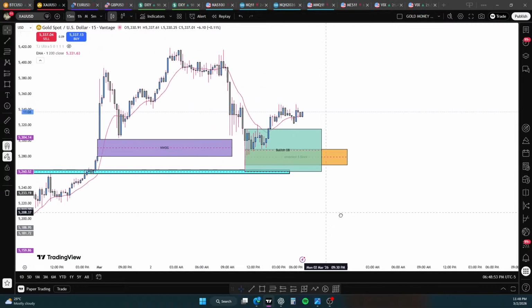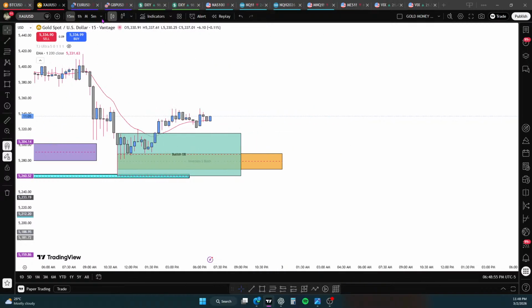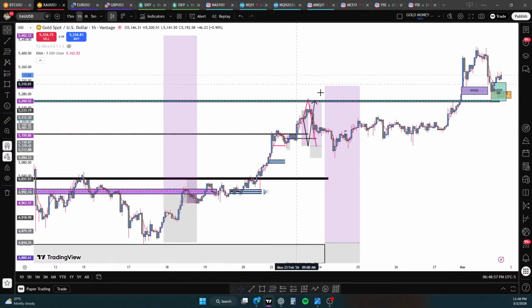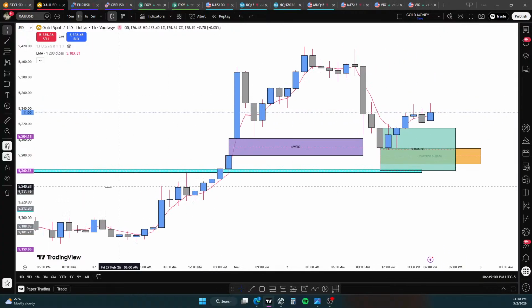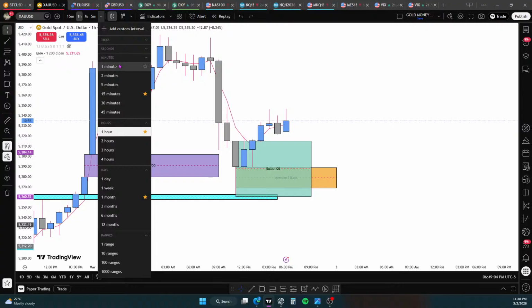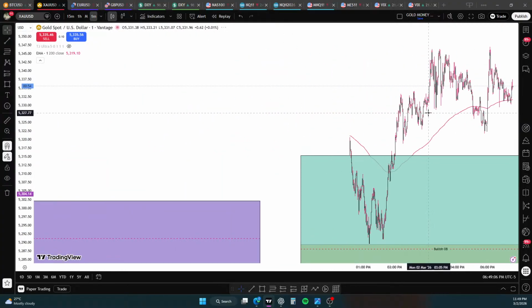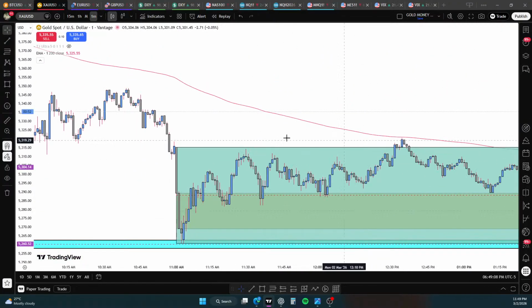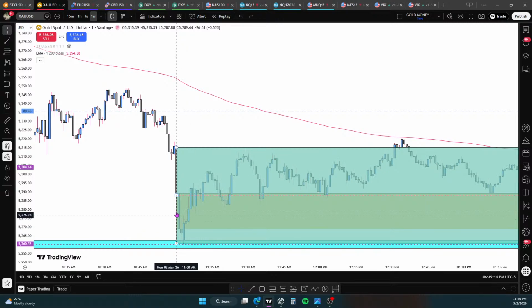Like this 1 minute bullish order block is the whole size of the 1 hour candlestick. What? What, you know what I'm saying? What the hell? So these 3 minutes, 1, 2, 3, is the whole size of the 1 minute. What? Oh shit! It literally happens at the start of the 1 hour, and for the whole of